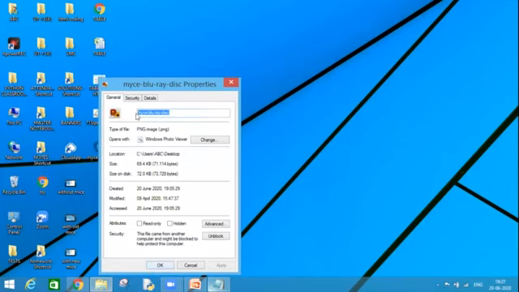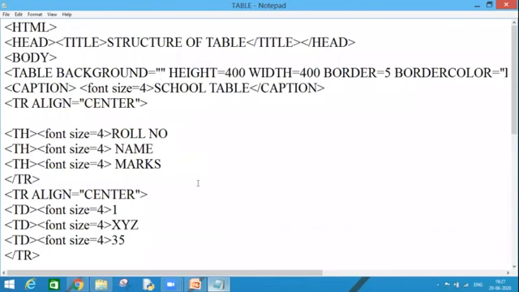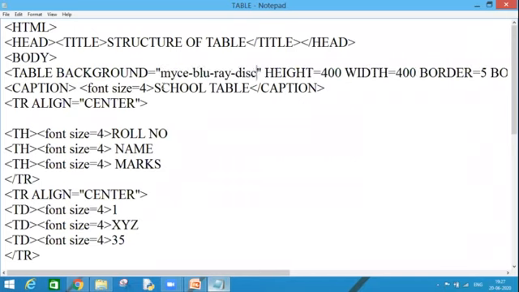I will copy the name of my image and I will see the type of my file. As of now, you can see that the type of my file is .png. So how will I write it? I have copied it. I will go back to my notepad file, Control V, and .png I will write, because this is the extension of my file which I am going to insert.